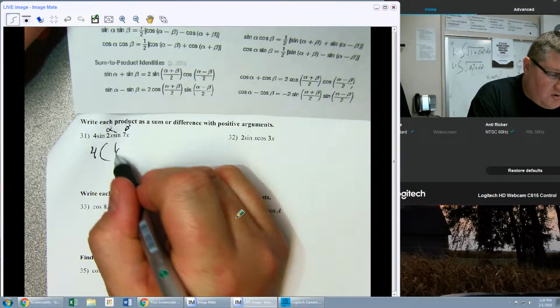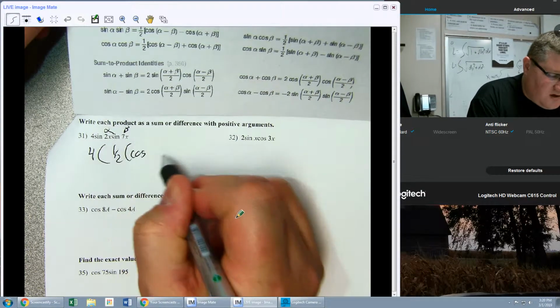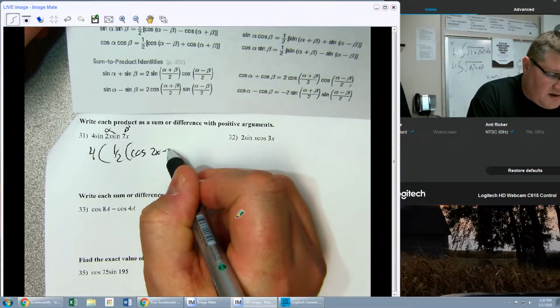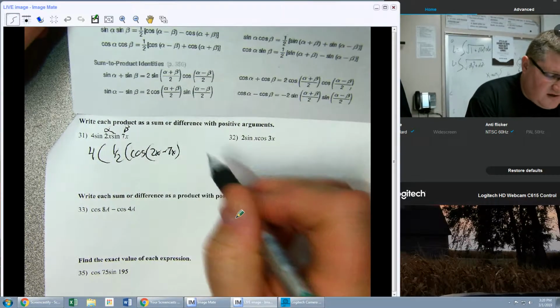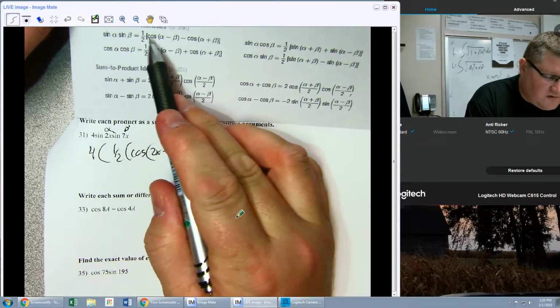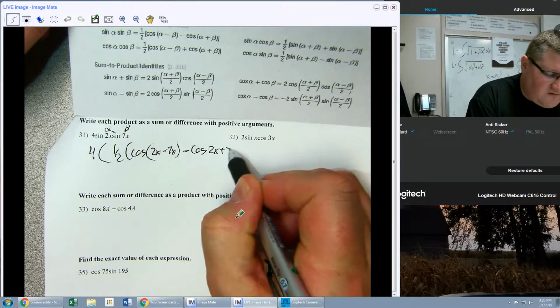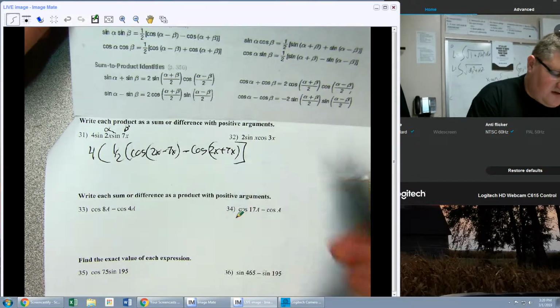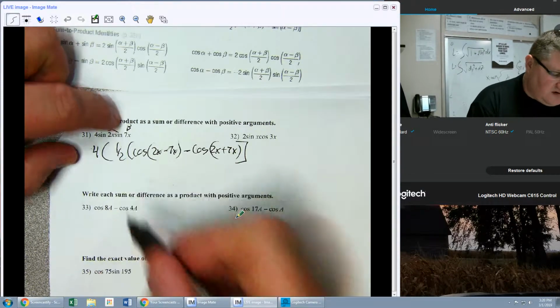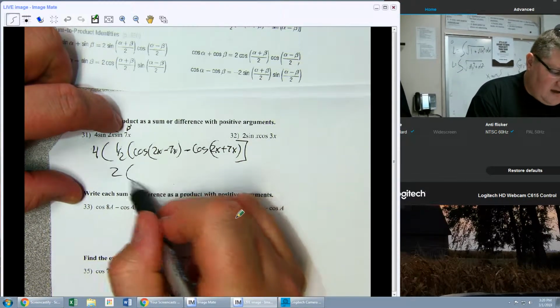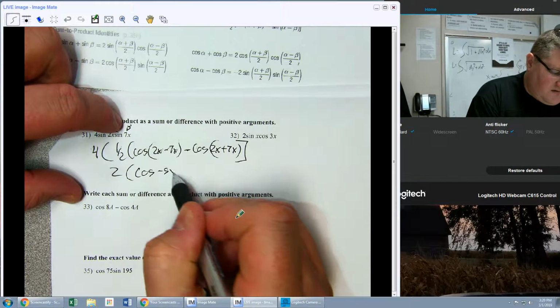So I'm going to go 1/2 parenthesis cosine 2x minus 7x. And then, so sine alpha, sine beta, okay, minus cosine 2x plus 7x. Just like that. Now, 1/2 of 4 is indeed 2, and I get cosine of negative 5x